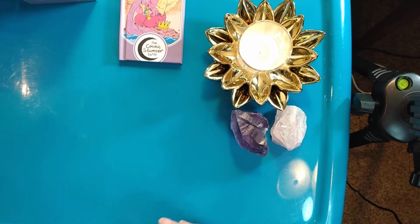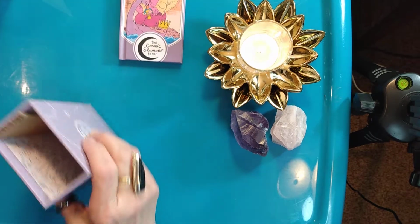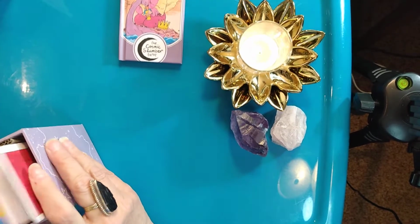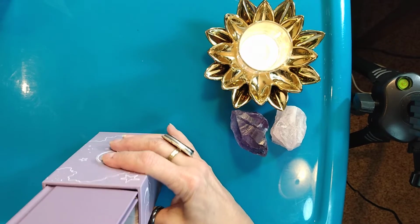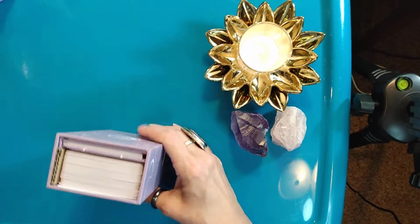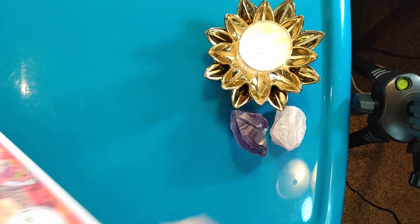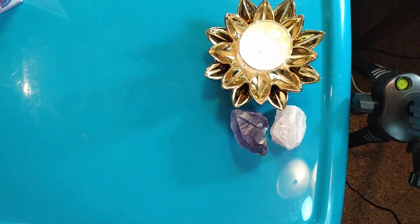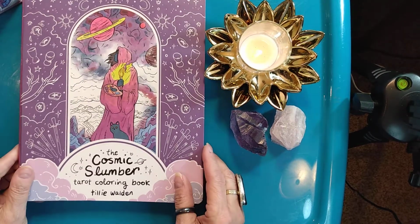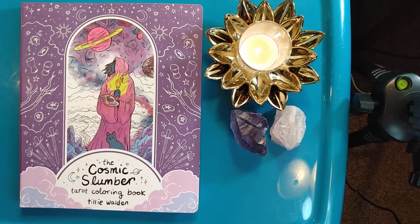All right, now the other fun thing that I want to show you is, let's put these back in the box. So put those there, and the book slips right in there, but you have to make sure the cardboard is in the right place. We stick this in the bottom there, and it magnetically closes. Very nice. Now, I found this, the Cosmic Slumber coloring book, tarot coloring book, which is also by Tillie Walden,